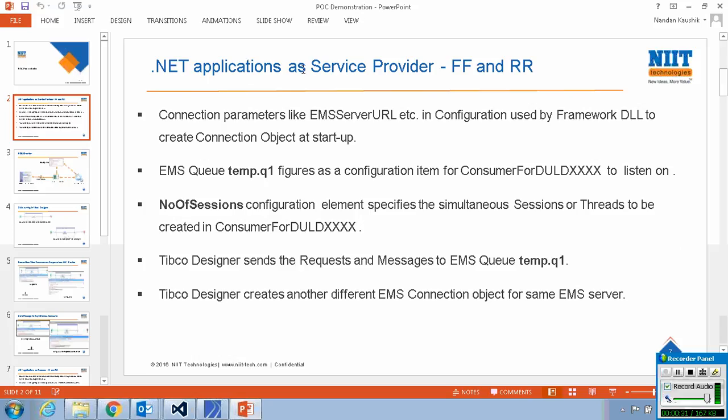Where you have the .NET applications as service provider, fire and forget and request supply. So these are the few bullets which characterize the POC when the .NET applications are acting as a service provider. Here, as you can see, connection parameters like the EMS URL are all in configuration, which is used by the framework DLL, and also the